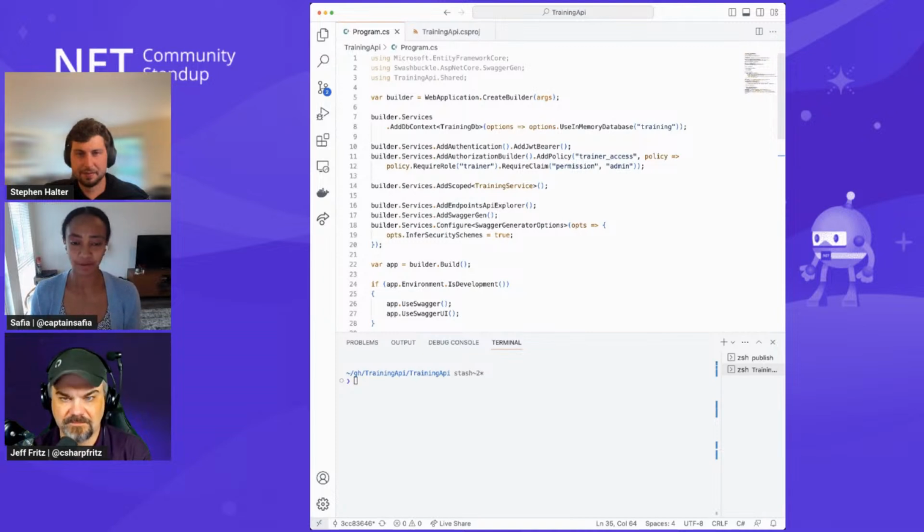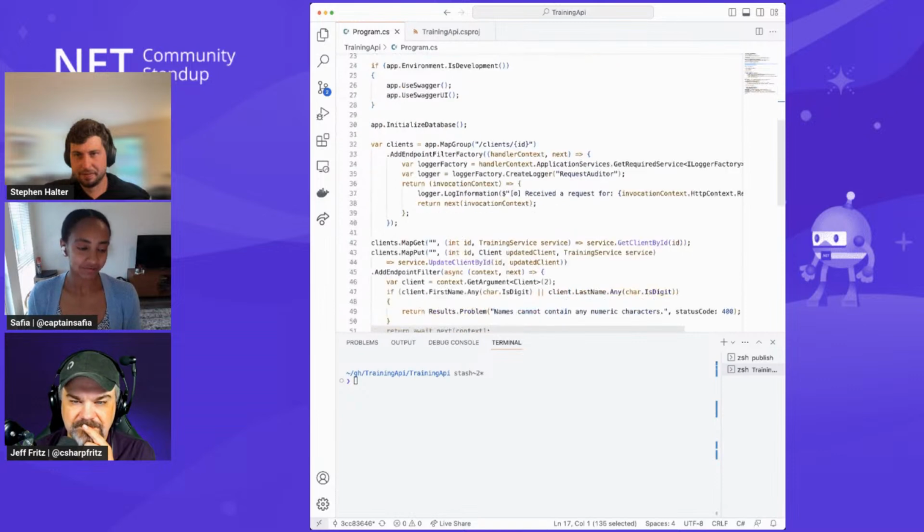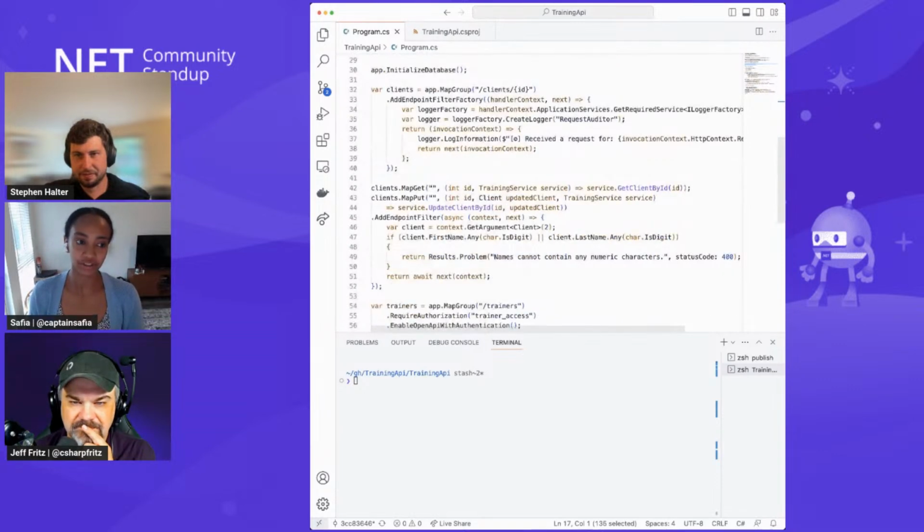So some of what this application is doing, it looks like I'm using an in-memory database with EF Core to maintain my data. I've got authentication with JWT bearer-based authentication. I've got Swagger to showcase my endpoints with OpenAPI. And then I've got a set of APIs here that are all registered using minimal APIs. And for those who are interested, this is like a quick little app to help a local gym manage all of their trainers and their clients.